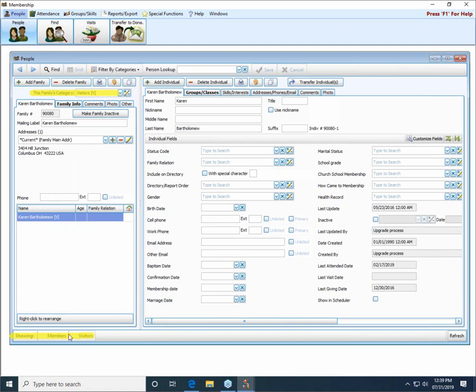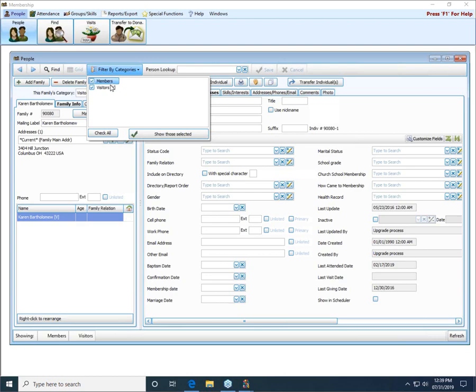Okay, so if I'm showing members and visitors, when I use my arrows to click through, it's going to change up here at the top and it'll display what category this family has. All right. Now let's go back up here to the top. We have this other button. It says Filter by Categories. If I hit the down arrow, I can change what categories are going to be displayed as I click through